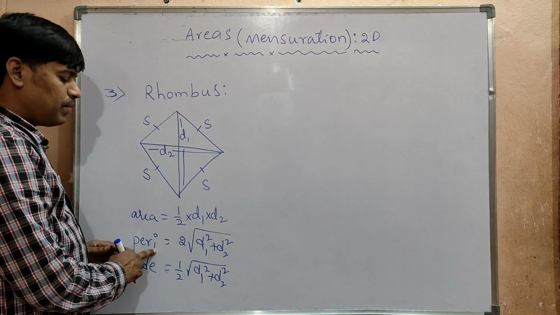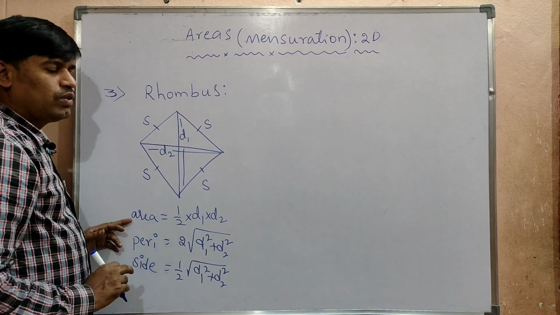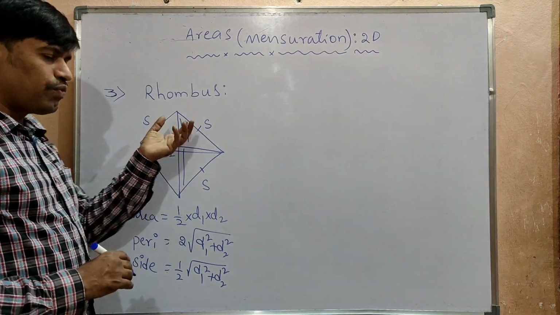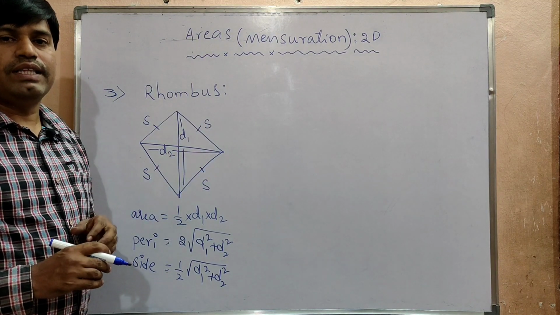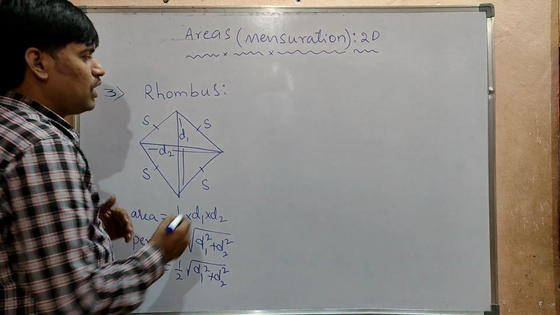Now perimeter of the rhombus is equal to 2 under root of D1 square plus D2 square. Area of the rhombus is equal to 1 by 2 into D1 into D2. You take these formulas only when diagonals are given. After completion of rhombus, I am taking